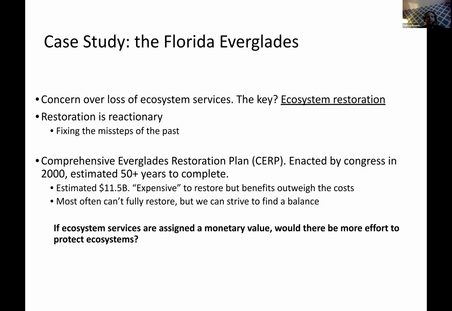And that's a lot of money, right? I mean, maybe not in the trillions that the United States economy works. Our military budget is what, $750 billion. So $11 billion isn't a lot of money in terms of a whole economy, but in terms of putting money into nature, people saw that as a very expensive thing, right? $11 billion for nature. People don't like to do that, right? They see that as dumping money into nothing, right? Where you could use that to say build schools or provide healthcare or whatever you want to think about. You could use $11 billion for.